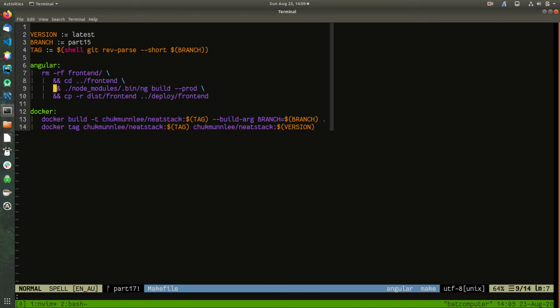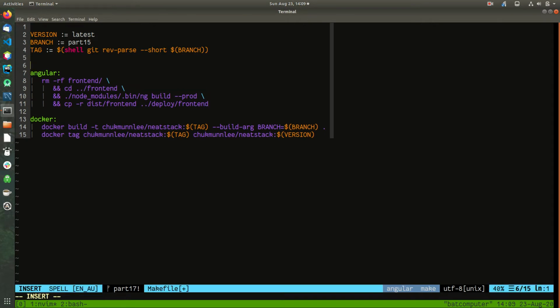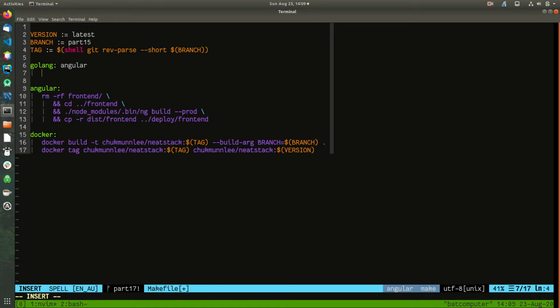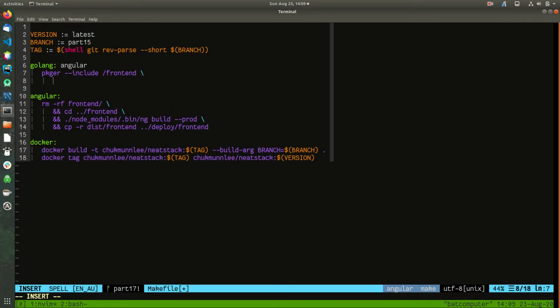Now what we'll do is build the Golang. I'll call the target Golang, and it will be dependent on Angular. The way I'm going to do it is we'll run the packager first. Okay, front end. I've shown you this command. So when that is successful, what we will do is this: we will go build